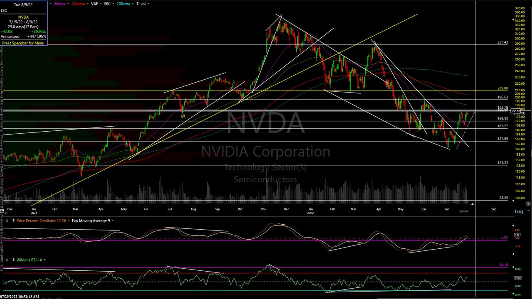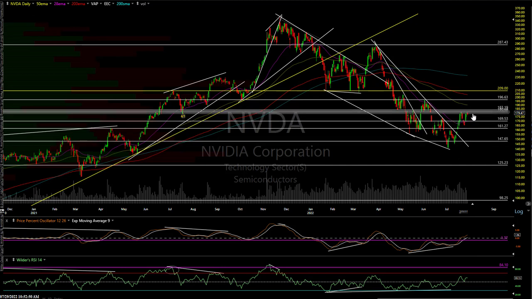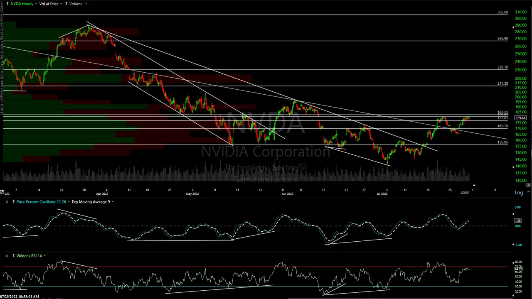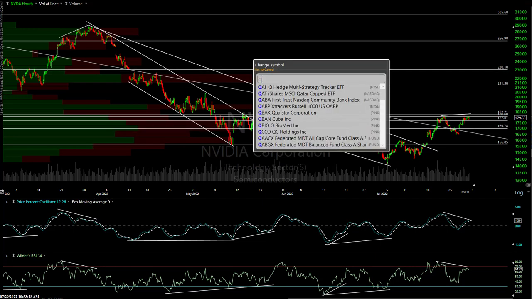But 30% in Nvidia, and I've been bullish on the semis off that low on the 16th as well, mentioning the semis and tech were what's likely to go up, and it has. And there may be more upside here, but in the near term, I think we're looking at a pullback. You can see Nvidia, you go down to a 60-minute chart, what I just did. And like so many other things, including QQQ, you have this negative divergence right here that's probably going to lead to a tradable pullback. And let's talk about that, and then we'll wrap up.